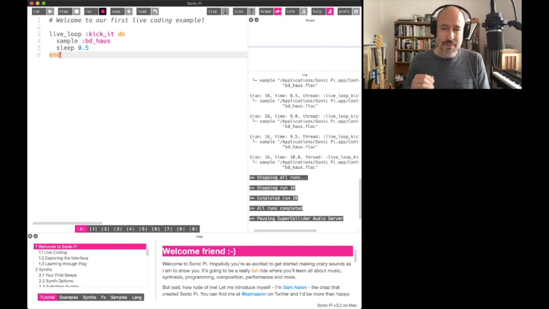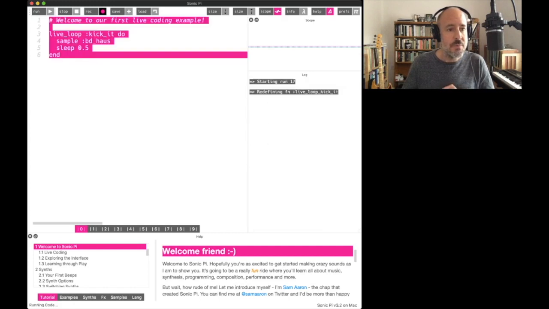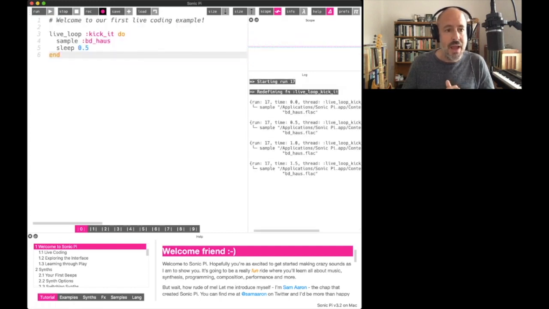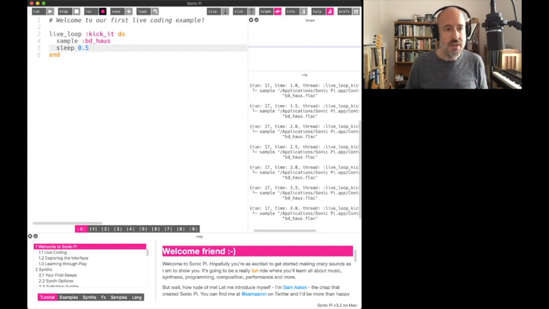Now, the concept of live coding really does what it says on the tin. You write some code, you run it, and then while it's running, you can actually make changes to the code without stopping it. Run it again, and Sonic Pi will take into account the changes and keep the music going. So I'm going to run this again. And I'm just going to change my sleep time. So instead of 0.5 seconds or half a second, I'm going to have it sleep for 1 second. And now when I click run again,